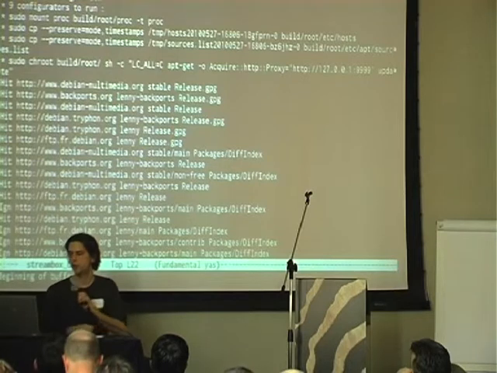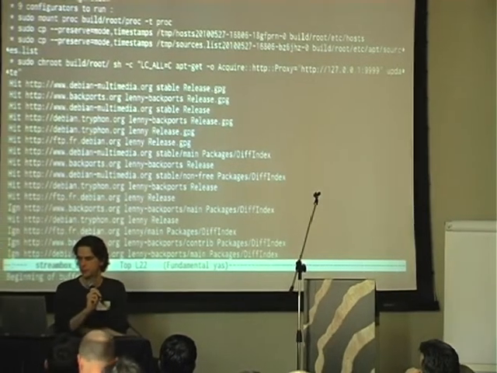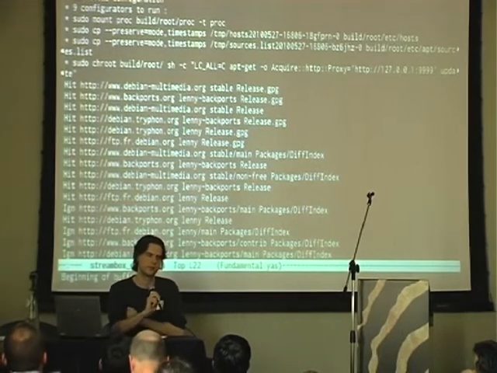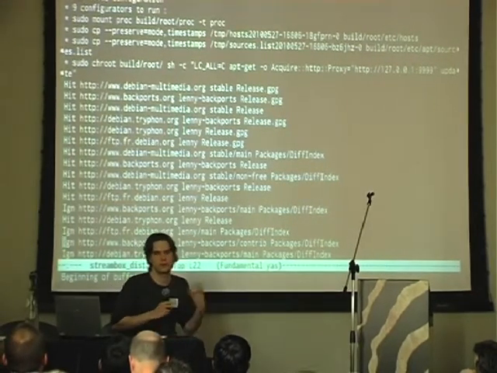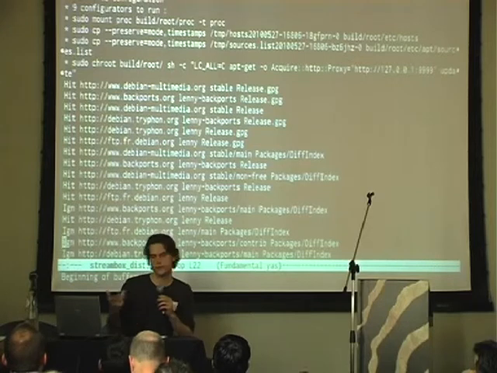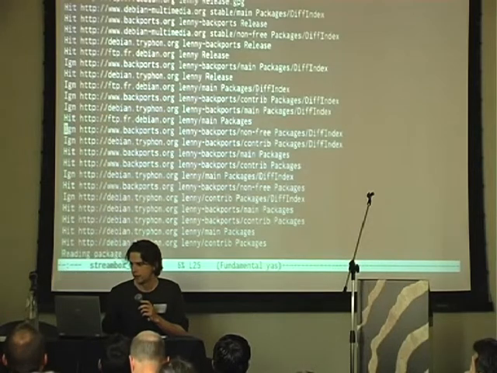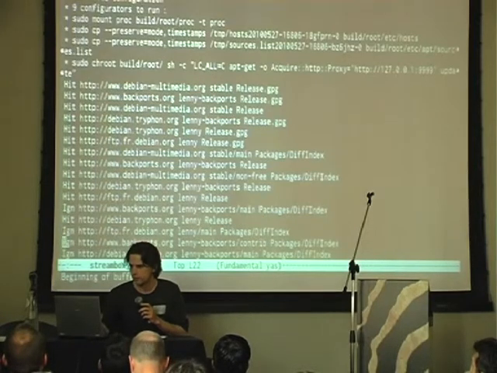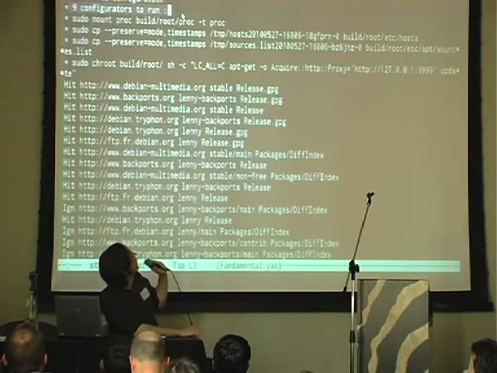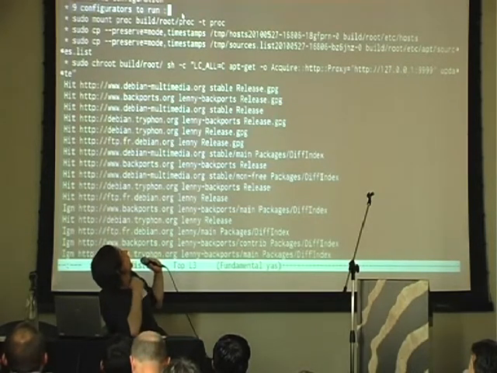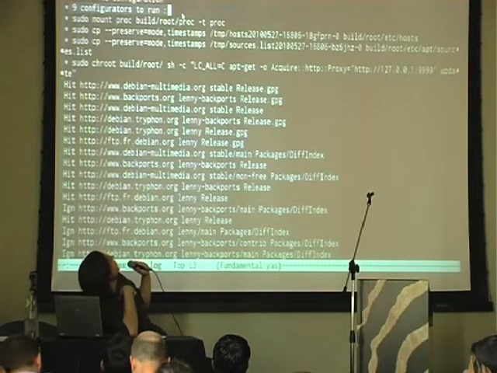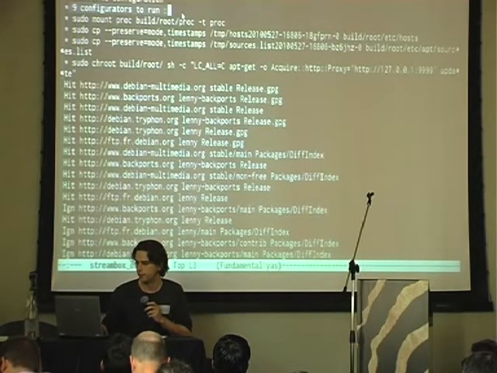So this is a log of the system builder. I could build a box, but it's a demo, it works, and I know it, so this is the log. This is the system builder. We see that it has 9 configurators to run.